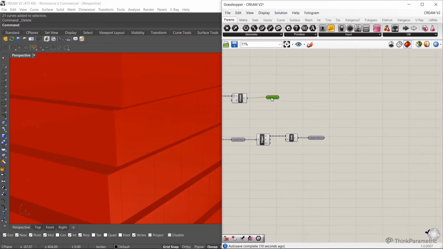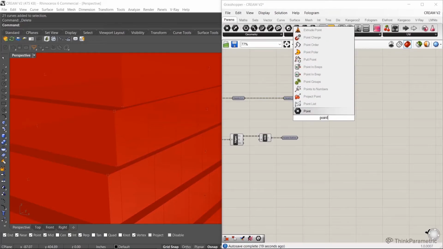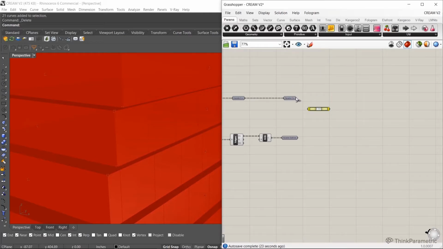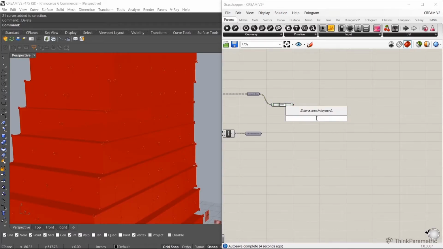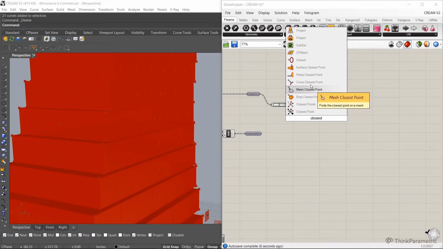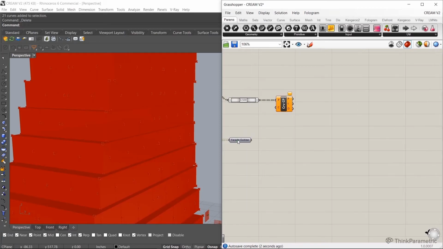And then if it's smaller than a certain distance, we're going to get rid of them. So the way this is going to work is we're going to grab this curve. I want to grab point on curve. There we go. So we're going to grab basically what is the center point of our curve. And then we're going to use curve closest point. So this is the point we're searching from, and this is the outline that we want to measure. We want to find the closest point to.